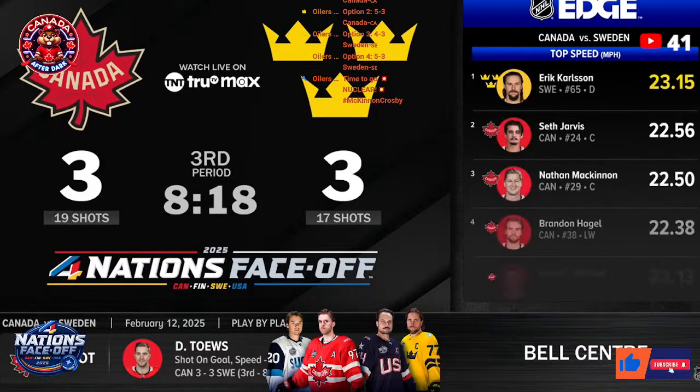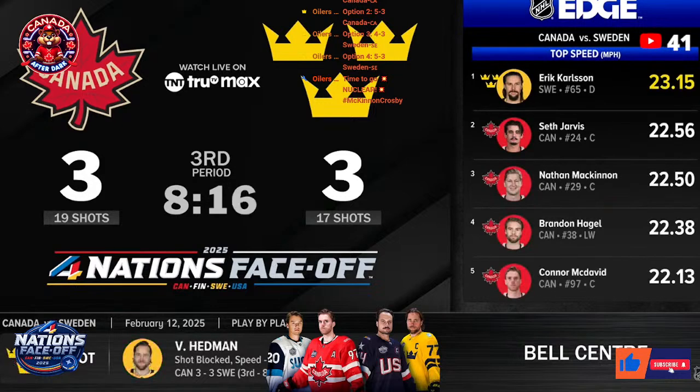Great vision by McDavid as he one-touches it to Devon Toews, who looks like he's had 2 or 3 scoring chances in the last 4 minutes. McDavid with speed there, almost changed the game. Marner kept it in to make it happen, and Toews pinching in. What an opportunity, but that is